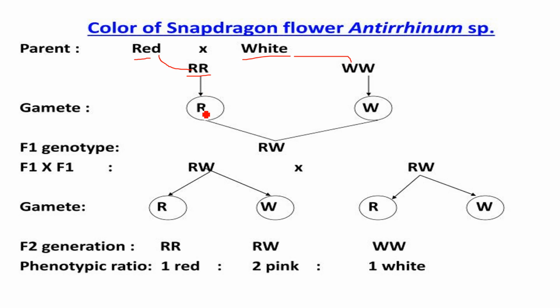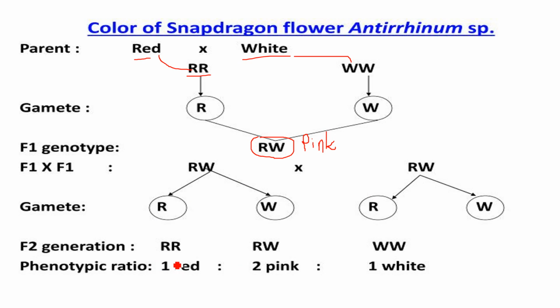So capital R indicates the gametes, one gamete here, one gamete here. After the crossing, what did we get? We got the F1 generation, where both the colors appear equally, red and white, and that's why the progeny is pink in color, red and white mixed. So this is about the F1 generation, while in the F2 generation it is crossed again.